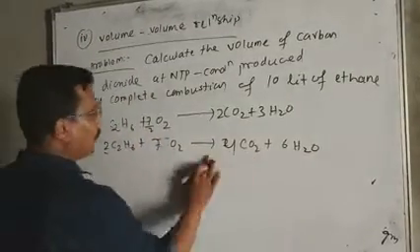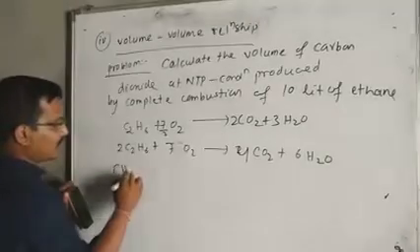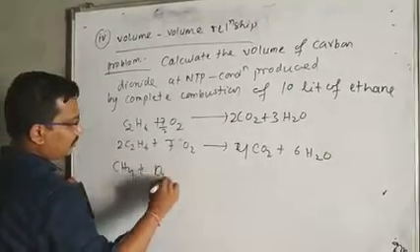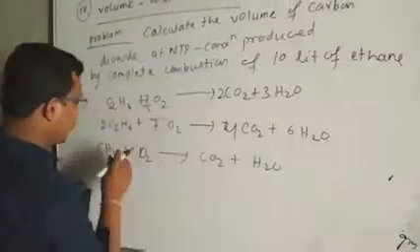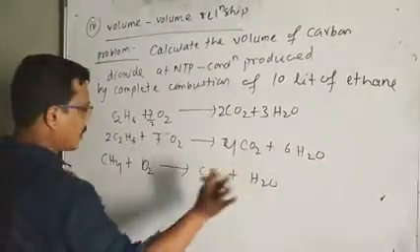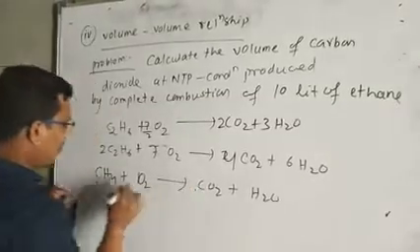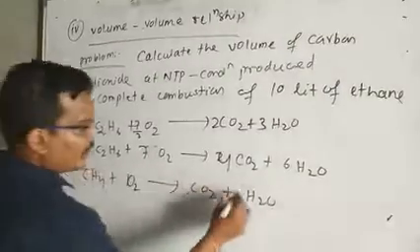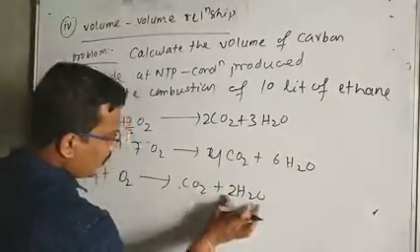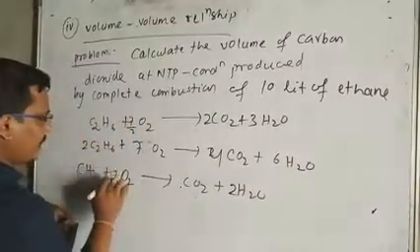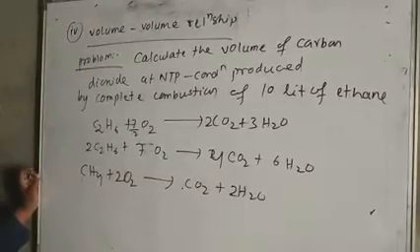Now think of another equation to balance. Suppose methane, CH4 plus O2 gives CO2 plus H2O. First aim is to write the carbon dioxide and water. Combustion means oxygen. There is 1 carbon, so 1 carbon dioxide, and 4 hydrogen, so we write 2 H2O. Now balance the oxygen atoms. There are 2 oxygen atoms in CO2 and 2 in H2O, that means 4, so we write 2 O2. This is the way to balance the combustion of any hydrocarbon.